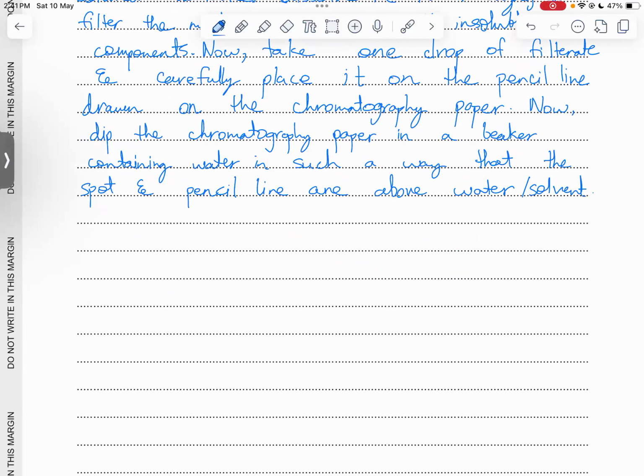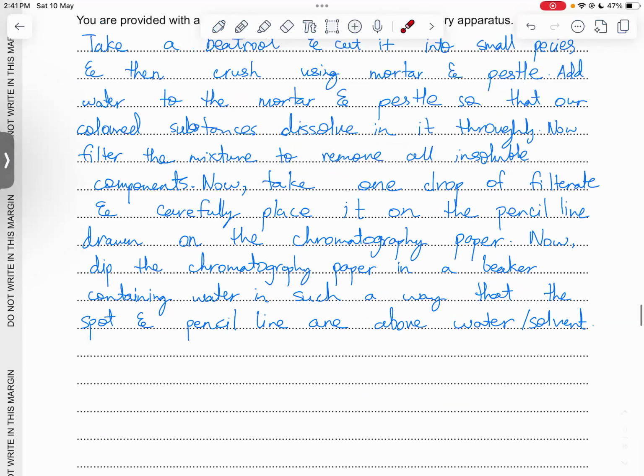Basically, why I have said that the beaker should contain water is because they've told us that